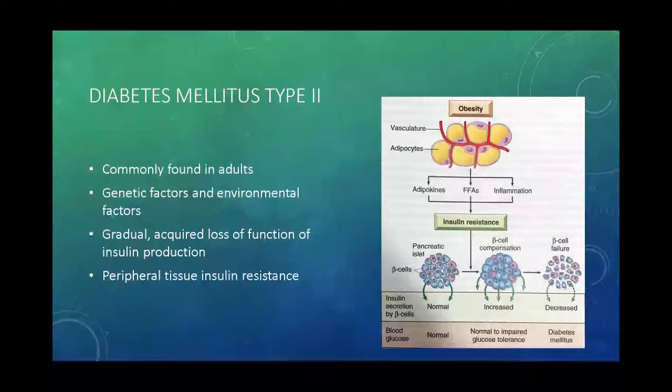The development of diabetes type 2 is primarily due to two things, one of which is insulin resistance, which is in some part due to genetics. The insulin receptors on the peripheral tissues either malfunction or there are not enough of these receptors to be stimulated by the insulin. And so it takes a higher number of insulin circulating in your blood to activate the uptake of glucose, or they just malfunction and don't work properly. The second component is that modifiable risk factors such as obesity can lead to